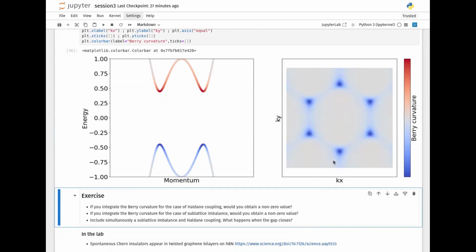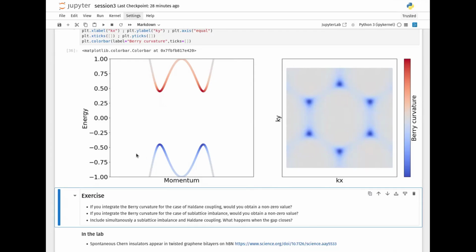So when you integrate this in reciprocal space, you will get a non-zero value, and in particular, you are going to get an integer, which is the Chern number. And this Chern number is the topological invariant of the honeycomb lattice, and it's the object that determines the existence of topological edge states. In contrast, if we had integrated the Berry curvature for the sublattice imbalance, then we would